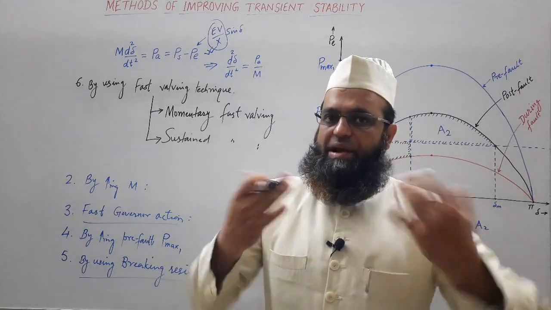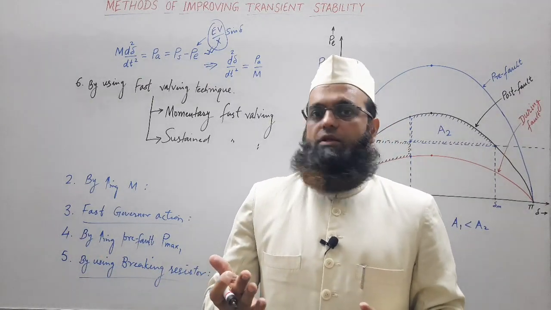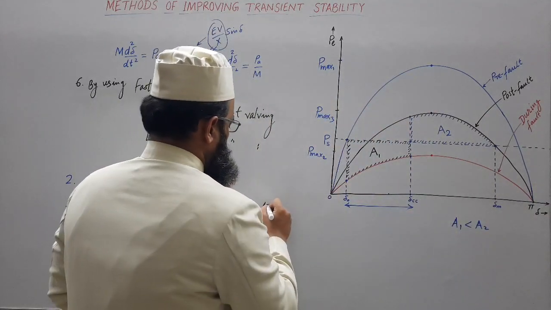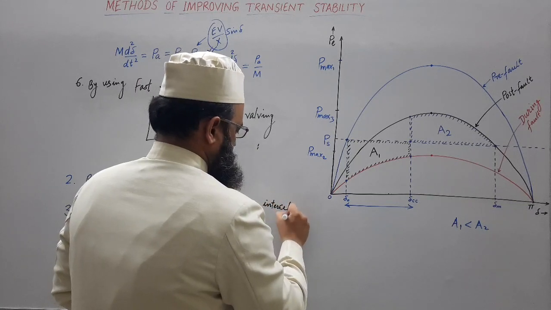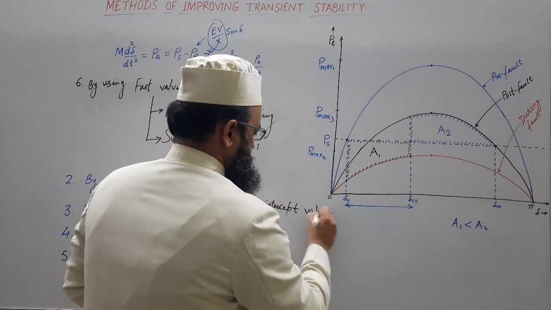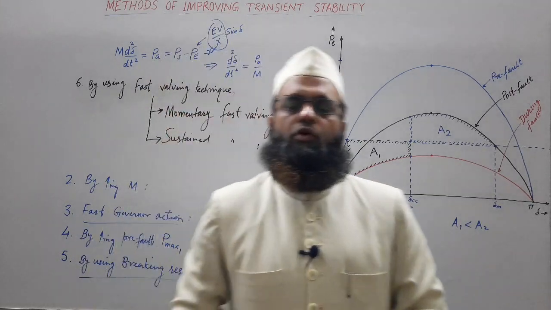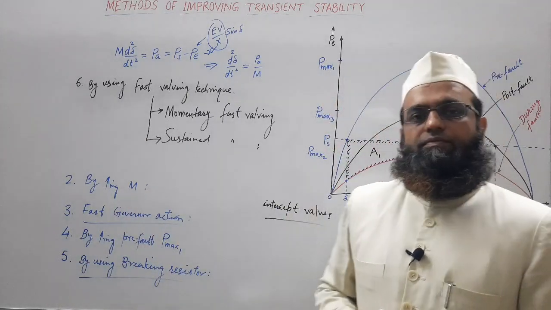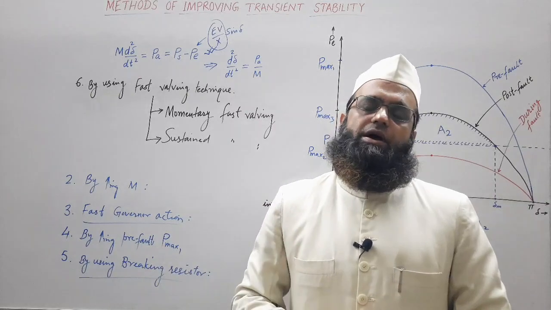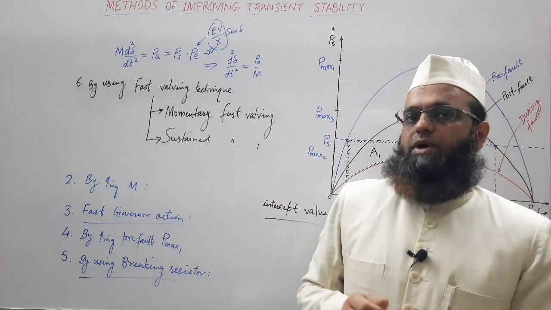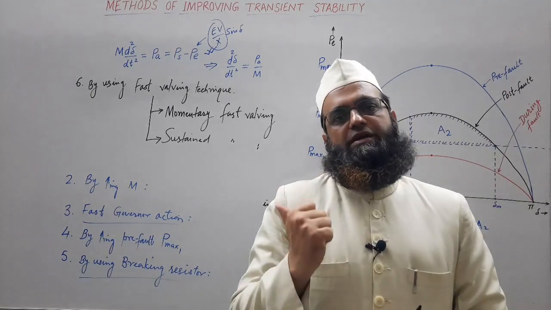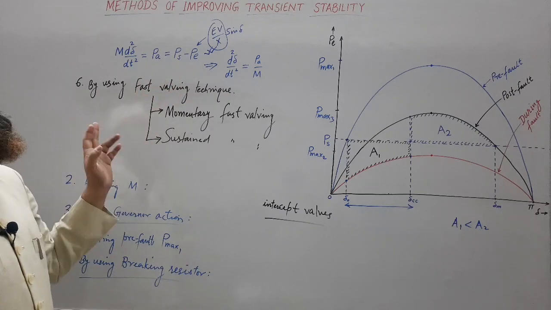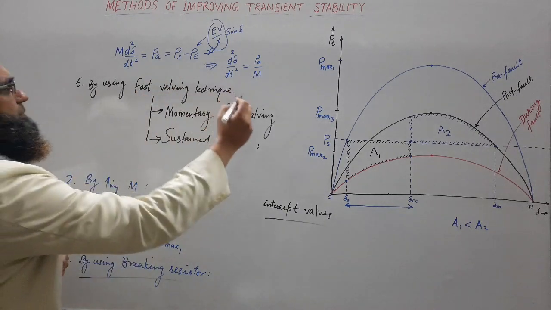So we are going to rapidly close the control valves, here known as intercept valves. You may write intercept valves. Fully closing and fully opening of intercept valves. This closing and opening of the intercept valves occurs after a very short time delay. So this way we are going to reduce the mechanical input to the alternator by almost 70%.